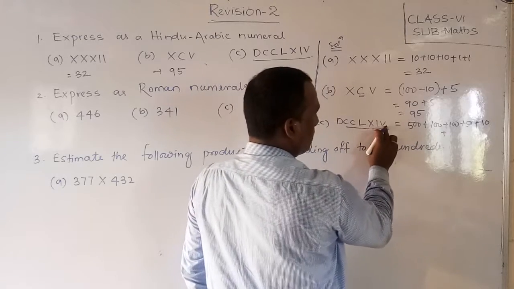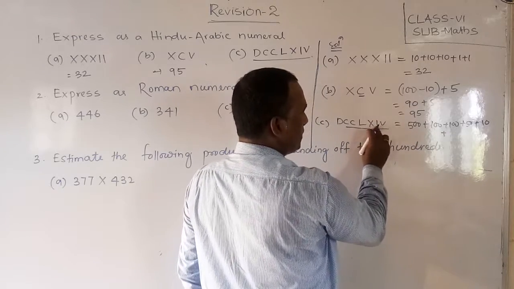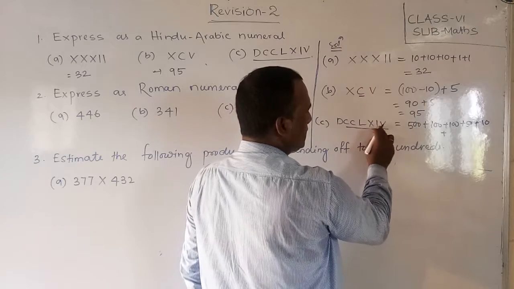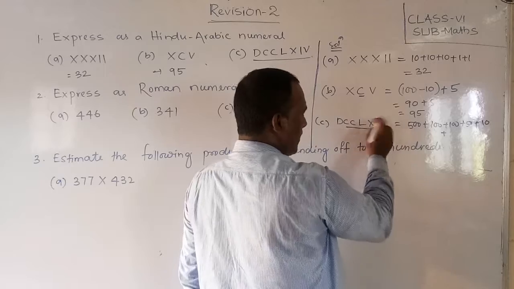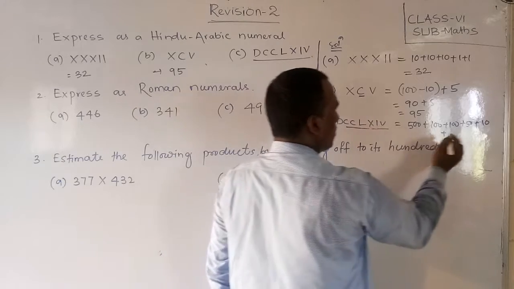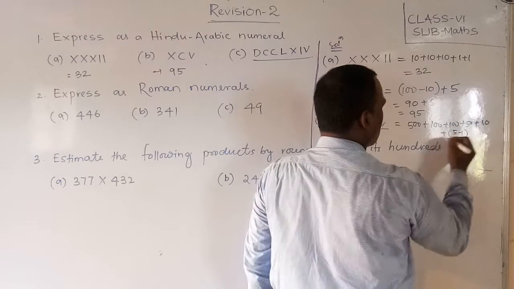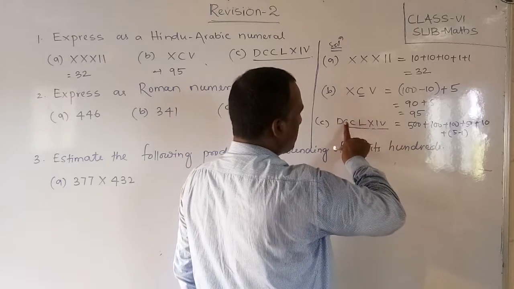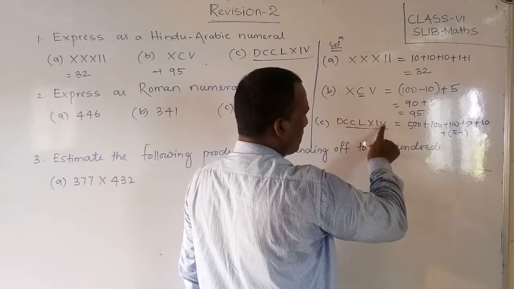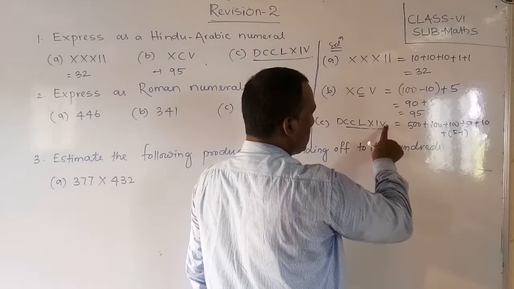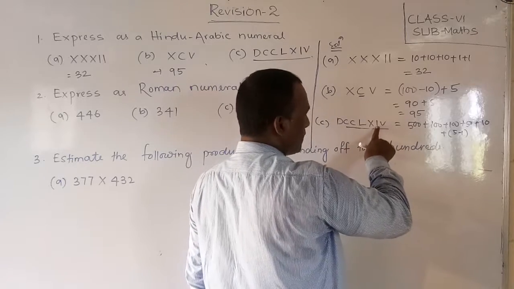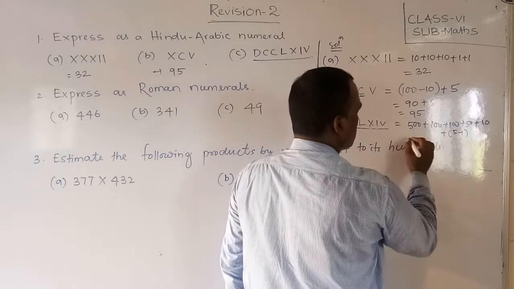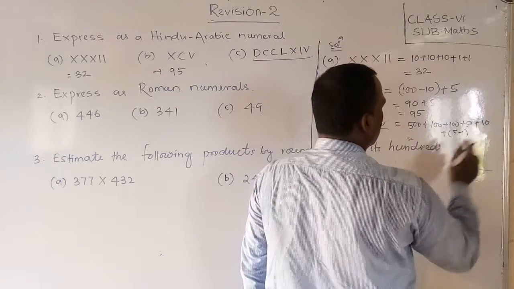So here observe IV means the smallest number here. You observe here IV means which big number? The left side is there, so it is the smallest number. So we have to write 5 minus 1. Okay, because this one is the smallest number. All the rest are big, then smaller like that. But here two digits before the smallest number, a big number is there before one smallest number. So we have to subtract.